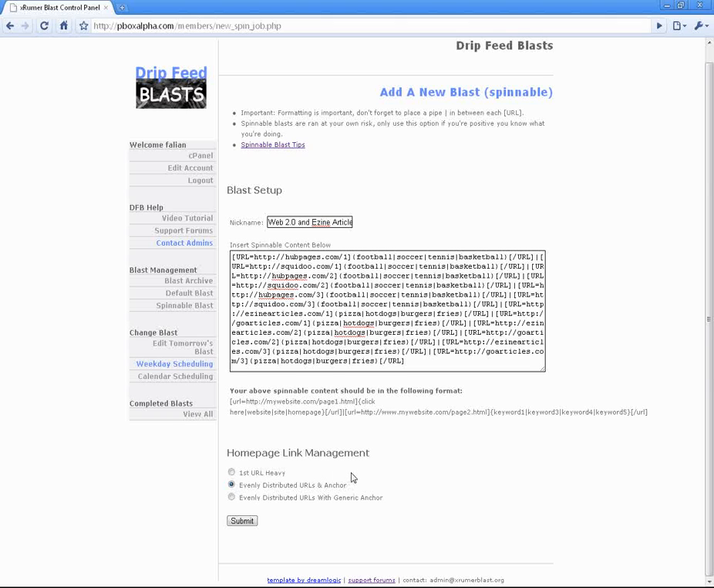You can do it with Spinnable Blasts, but only if you're not too worried about the URLs clashing with the different pages. So once again, if you're running 20 Web 2.0 properties and you have a bunch of generic anchor text you want to send to all of them, then do that. But we don't want to do that for our project that we just set up, because we have two separate